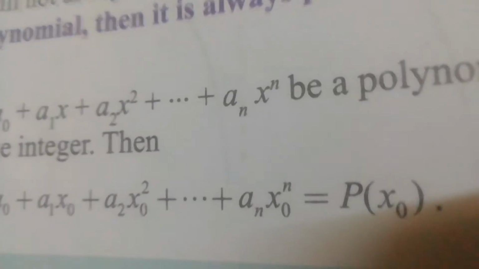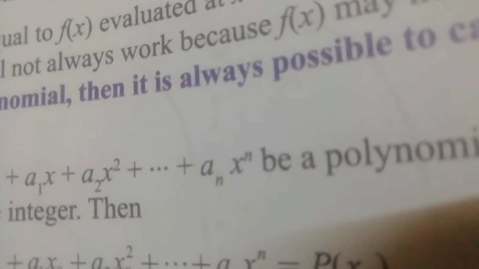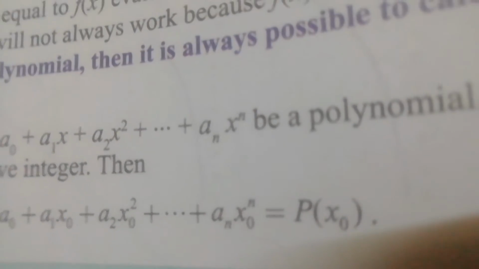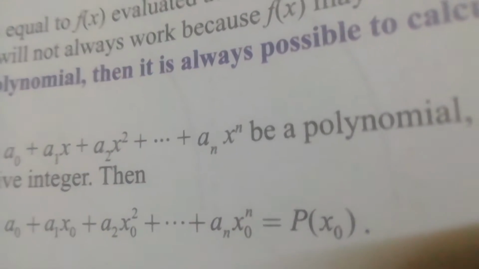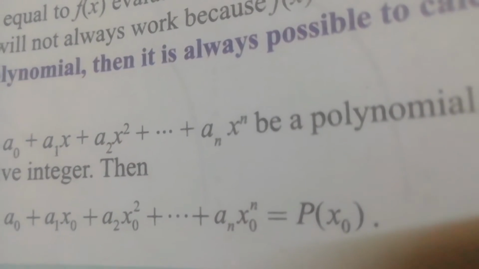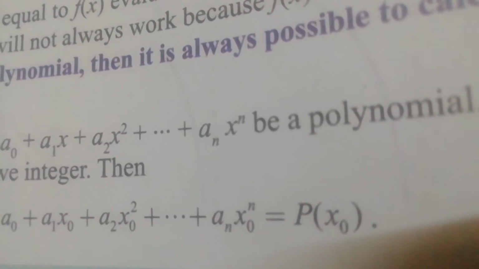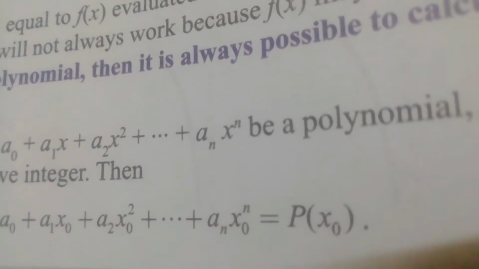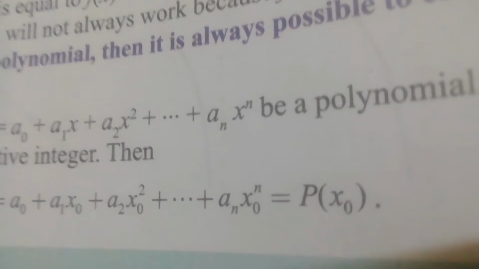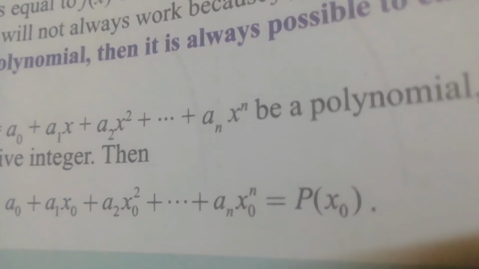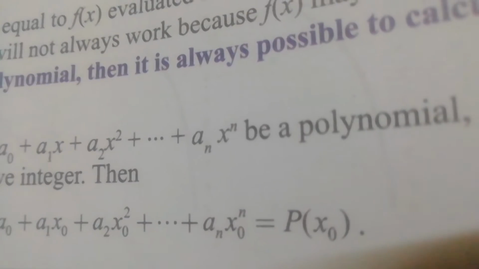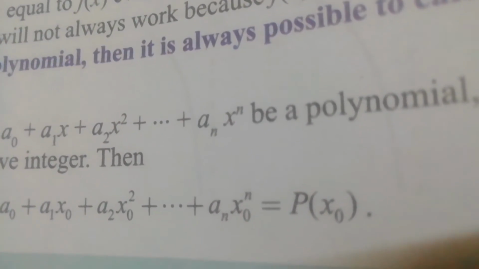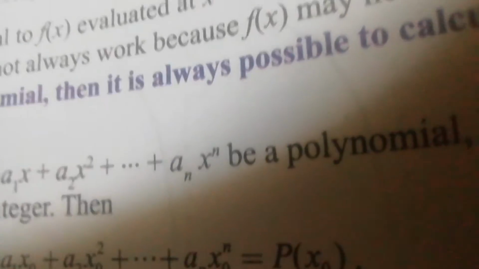See, this x is equal to x0 is a fixed value of x. So that polynomial is the polynomial of x0, since instead of x we have x0. So limit x tends to x0 means the polynomial can be changed in terms of x0. That is called the polynomial of x0. Okay, this is the first thing.